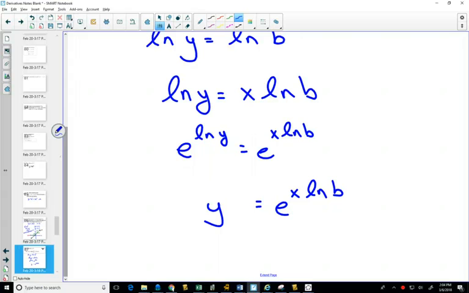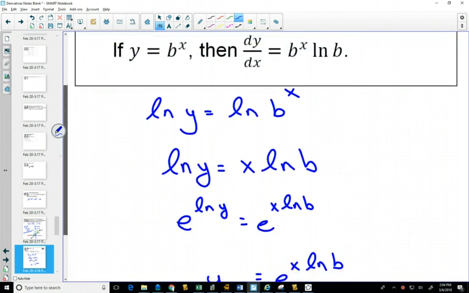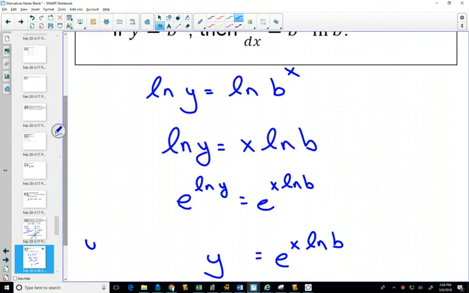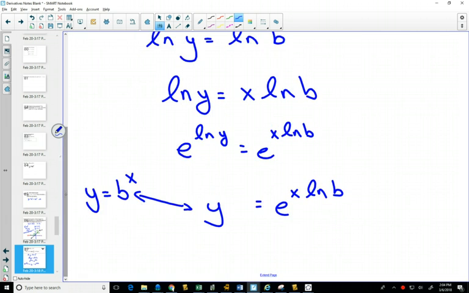So all I did was rewrite y equals b to the x as y equals e to the x natural log of b. It's a way of changing my base a little bit. I wrote b to the x as a base of e. And now, if I would take the derivative of this,